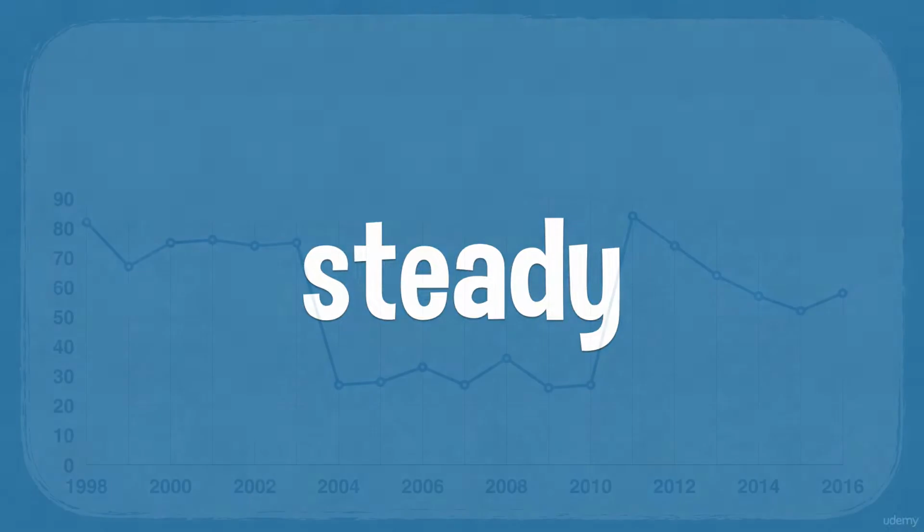Your next word is steady. Steady. Steady means unchanging. The pace of something stays the same. Numbers can go up or down, or stay the same, but the upward or downward or level pace or rate doesn't change too much. And it also suggests that this takes place over a long period of time.